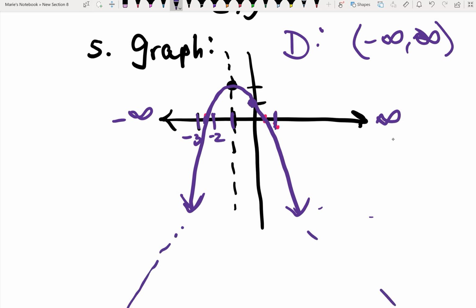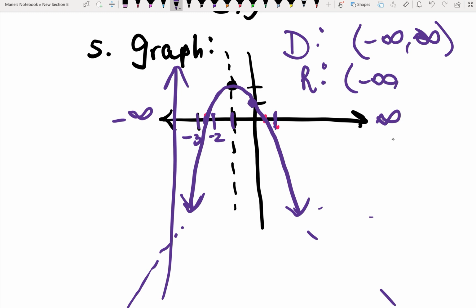Okay, now the range, remember the range comes from the bottom up. You read the range this way, right? And so in this case we're coming from negative infinity up to 2 inclusive, and we stop there because there's nothing else beyond this point. Okay,